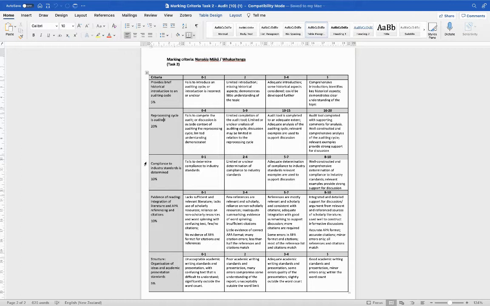So we're looking for understanding. So if it was an amazing audit and you had no areas of non-compliance, you still need to write a good amount of words talking about how your processes, or how the audit highlighted how your service does comply with those